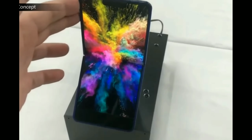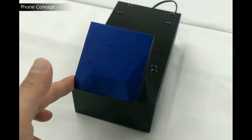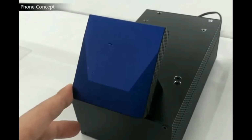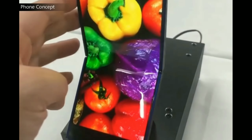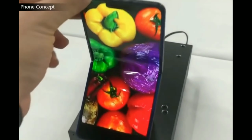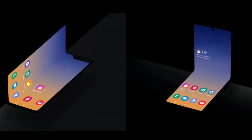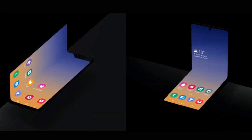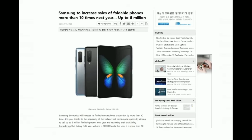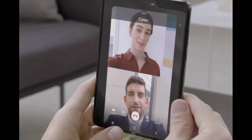Hi guys, this is the new Galaxy Fold 2. Okay, this has been launched by Samsung. The videos have been shared. Okay, this is how the new design is going to be. Okay, rather than the tablet mode, they're coming with a foldable 6.7-inch display. Okay, maybe they're trying to make it compact,